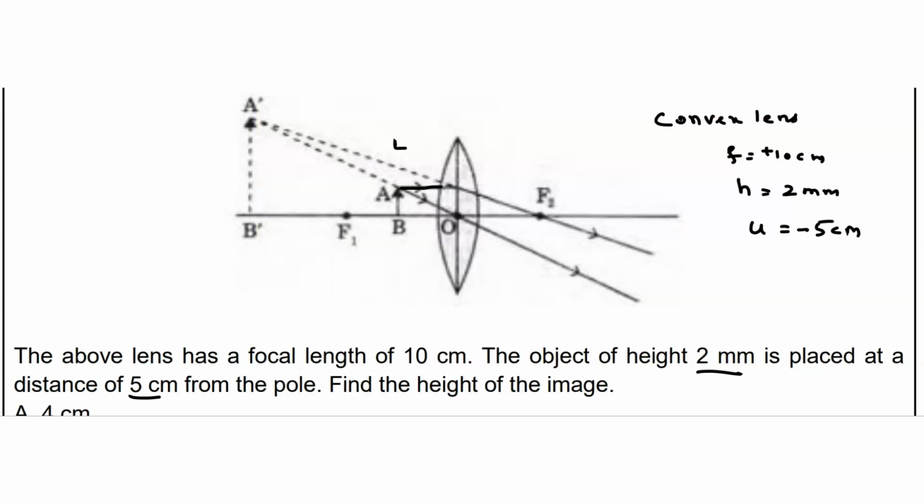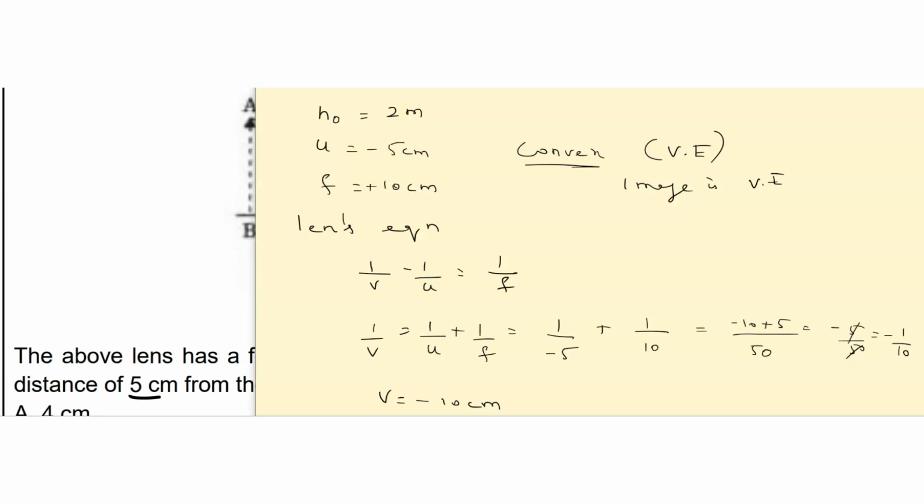Even we can guess this from this diagram. Here the image is formed on the left side, so V has to be negative. Just for the confirmation, from this diagram we can conclude that V has to be negative. If you don't get it, that means you have entered some wrong readings. That is the inference of this. So from this given diagram also we confirm that V is negative. How much? 10 centimeter.